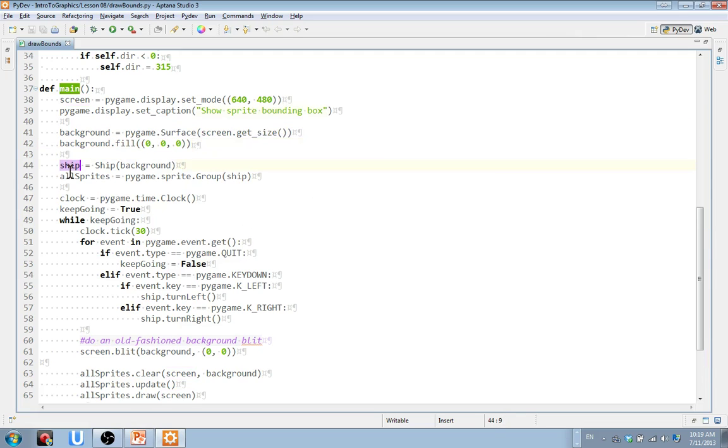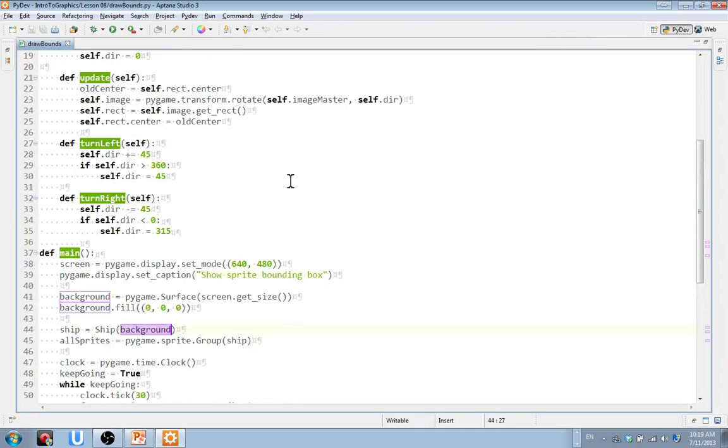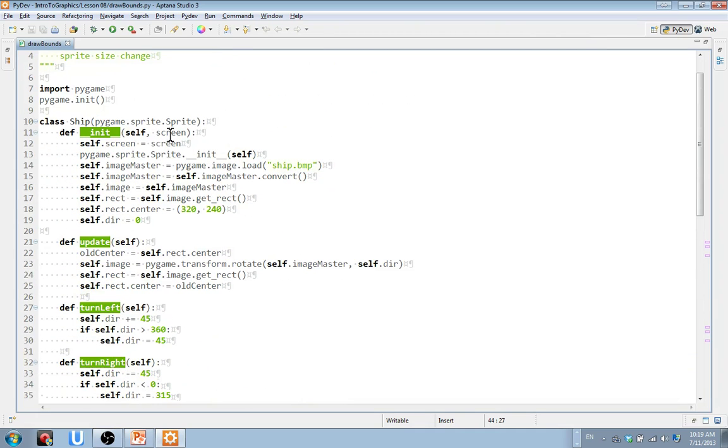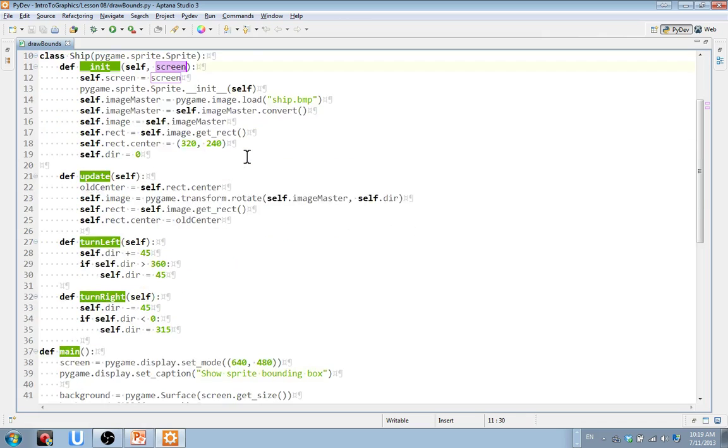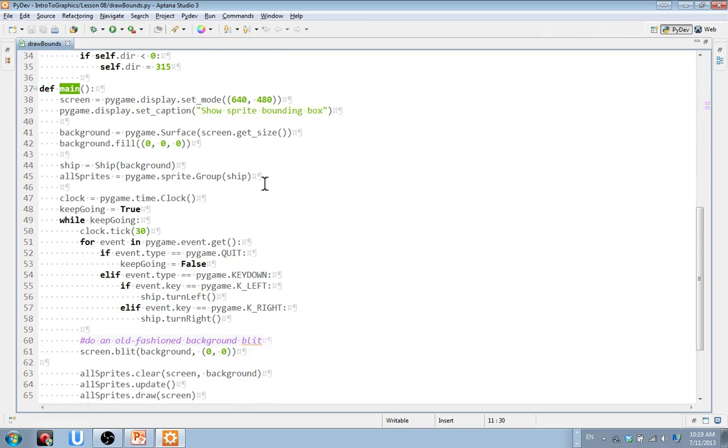Then we're going to instantiate the ship, okay, this object, and we're going to pass into it the background object, right? That's interesting because before, if you notice up here, we called it screen in the class. It doesn't care. It's going to take a surface. It needs a surface object where the ship is going to sit on top of. In this particular case, when this program was created, background is the surface that's passed into the class,